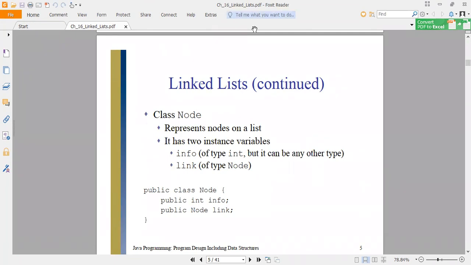So next, let's discuss a few of the operations that we can perform over a linked list. As we have already discussed, how we can traverse our linked list, or how we can search for a particular element in our list. Now let's check out the insertion operation into our linked list. How we can insert a new node into our linked list. So let's see.